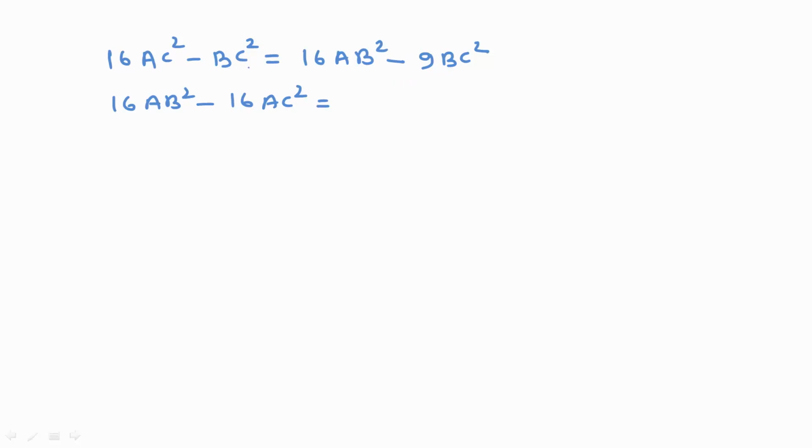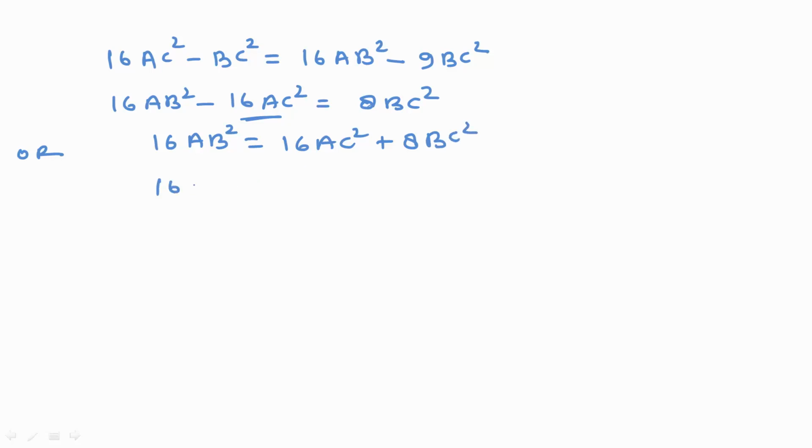So minus BC square plus 9 BC square will be 8 BC square, or 16 AB square is equal to 16 AC square plus 8 BC square,